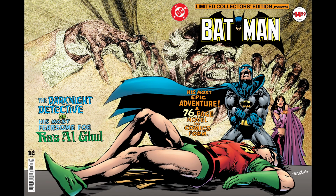So first up, we have Limited Collector's Edition number 51 Facsimile, Batman, written by Denny O'Neil, with artwork by Neal Adams, Irv Novick, and Dick Giordano. Back in the day, they used to do these treasury size comics, and most of them were reprints, and this is a reprint. This reprints Batman number 232 and 242, 243 and 244. So it's the Ra's al Ghul